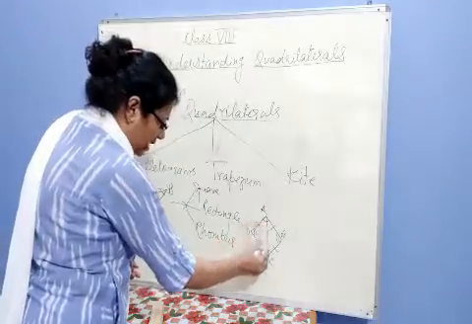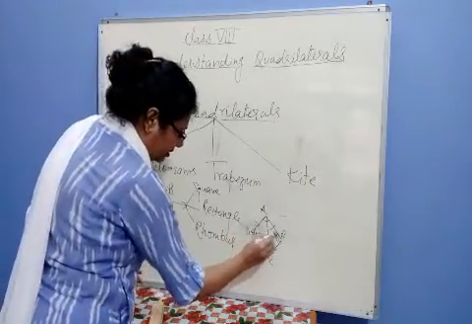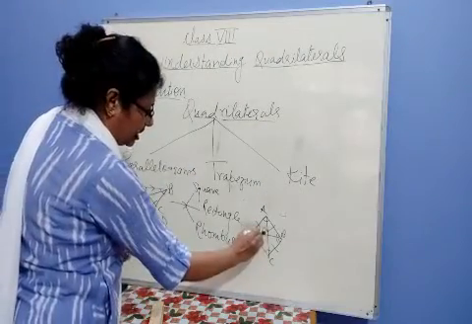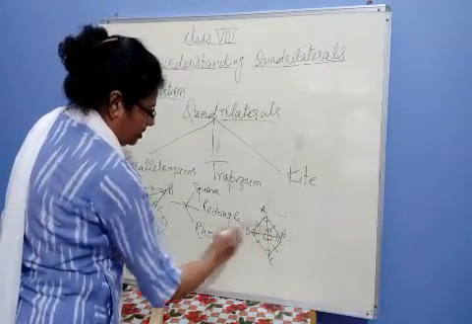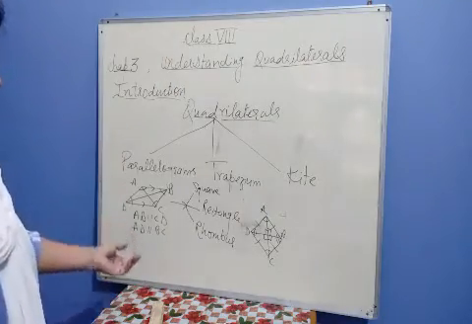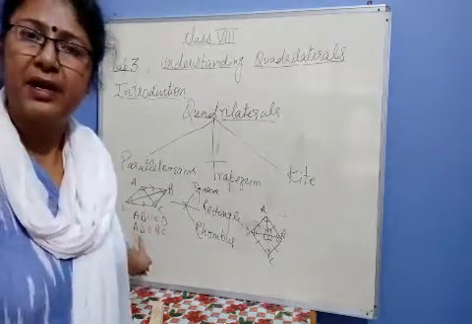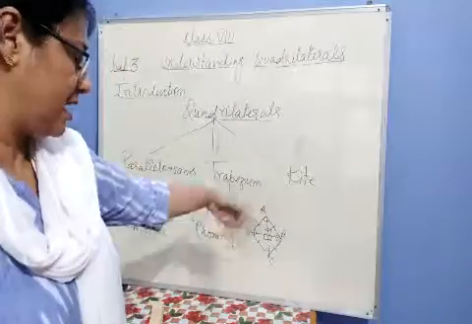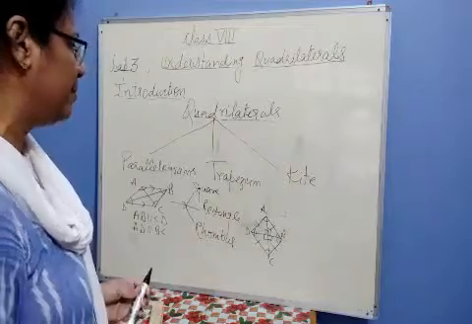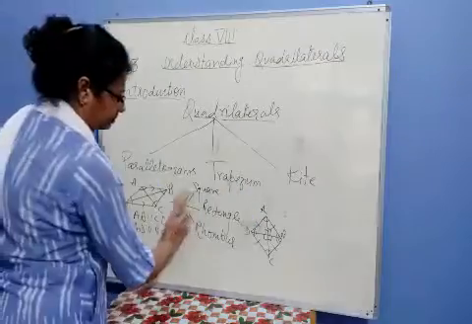If I draw diagonals AC and BD, the diagonals of a rhombus always bisect each other at 90 degrees. The main difference between rhombus and square is this: the diagonals of square are always equal while the diagonals of rhombus are not equal. Now I am coming to the trapezium.